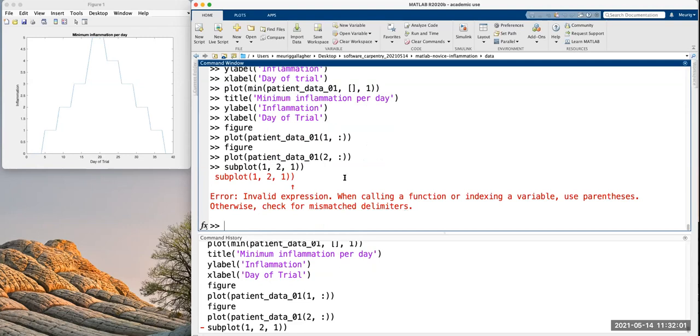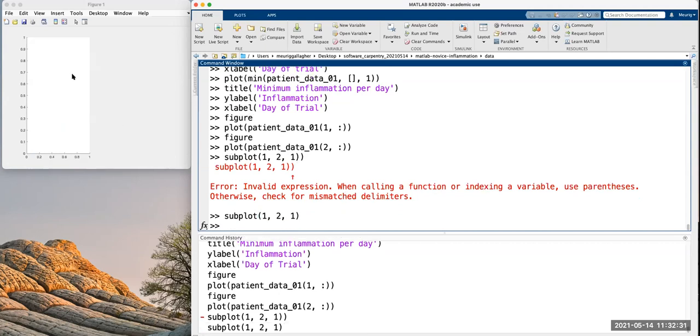And now you see I've got an error here. So why is that? The first line of the error says this is the command I put in, and then there's a little arrow pointing to here. So I accidentally put in an extra close parenthesis here. So that's what the error is. It says check for mismatched delimiters. So this is a delimiter, and it's saying that I've got a closed one, I don't have an open one because I made a mistake. So I can do subplot 1, 2, 1. Don't put a second close parenthesis in this time.